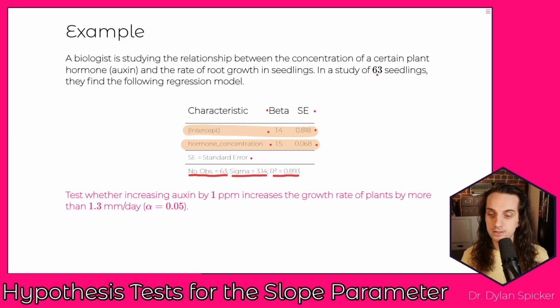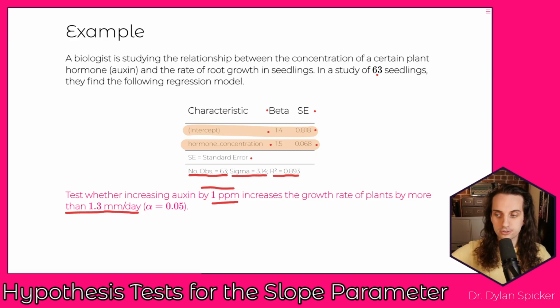We want to test whether increasing oxygen by 1 part per million increases the growth rates of plants by more than 1.3 millimeters per day. Right? So this is a substantive question. If we increase the concentration of this hormone by a set amount, by 1 part per million, does that increase the growth rate by more than 1.3 millimeters per day? Okay. And so if we think about what we're actually asking here, right, if we